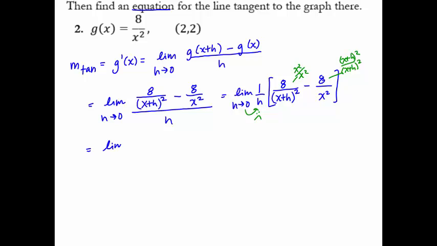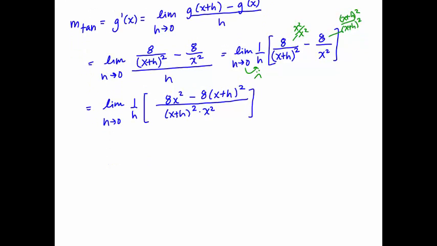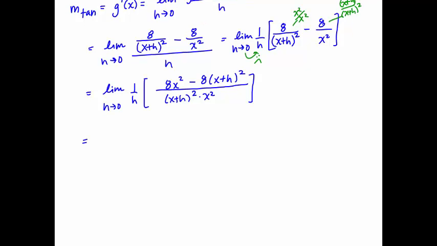This gives us the limit as h approaches 0 of 1 over h times 8x squared for the numerator minus 8 times x plus h squared all over the product of the two denominators, x plus h squared times x squared. Now we can clean up this numerator. Hopefully some things cancel. The limit as h approaches 0 of 1 over h times 8x squared